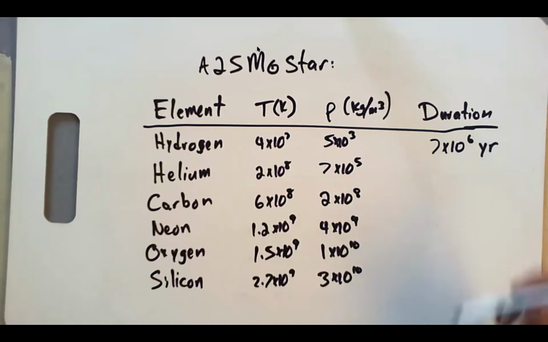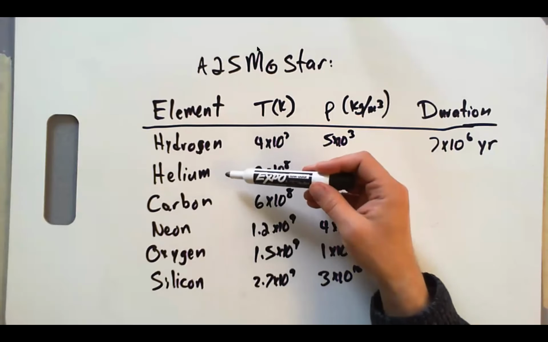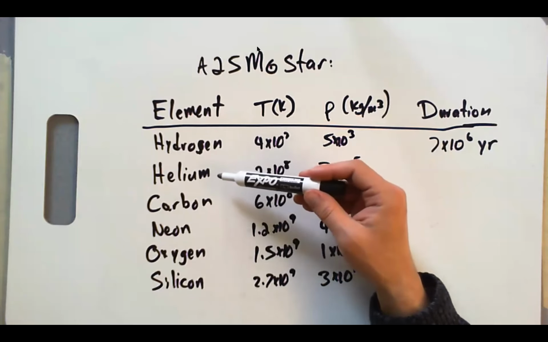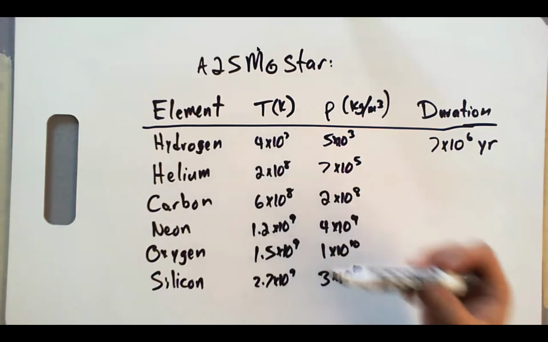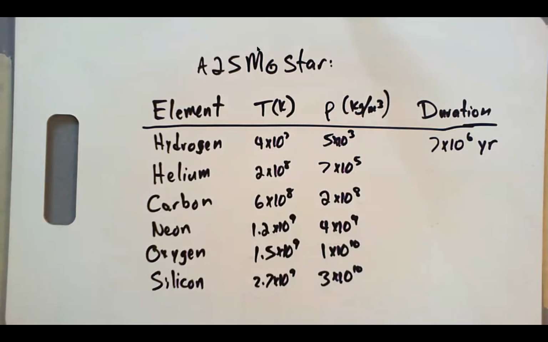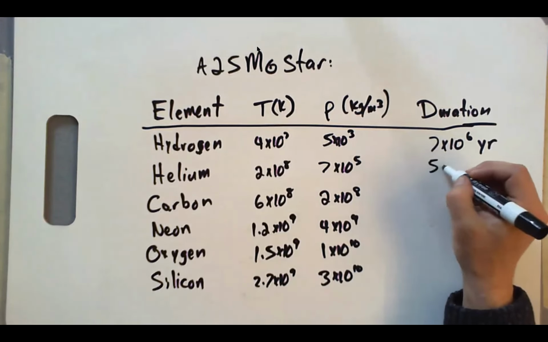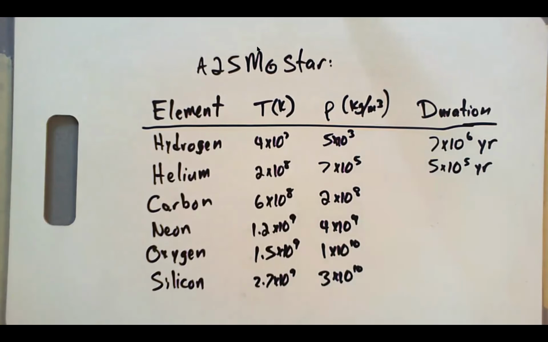Okay, but as I said, from low mass stars, helium gives you a lot less energy than hydrogen did. And so it can survive much less time with helium being the energy source than it did with hydrogen being the energy source. How long do you think that is? You can make a guess. Helium burning will last at the center of our star for about 5 times 10 to the 5 years, less than 1 million years for helium burning to be the source of energy at the center of our star, about 500,000 years.